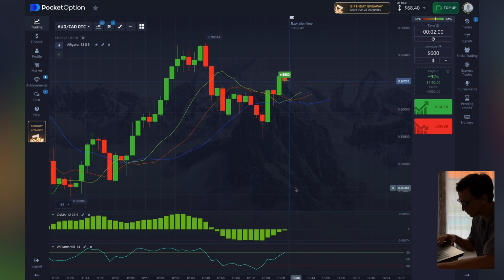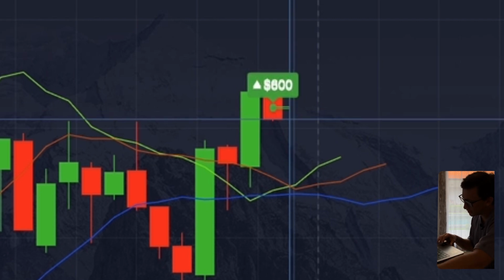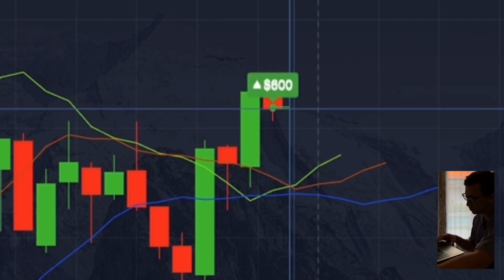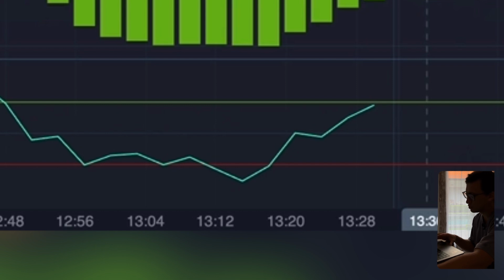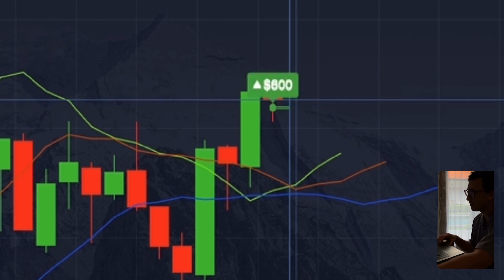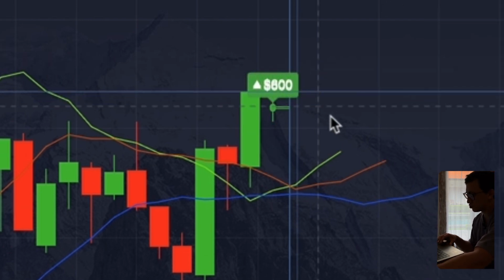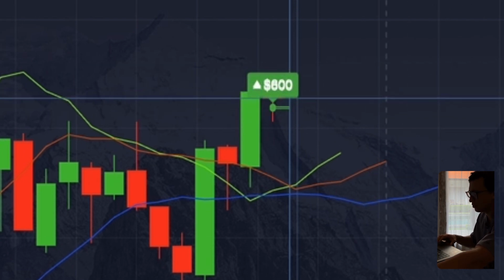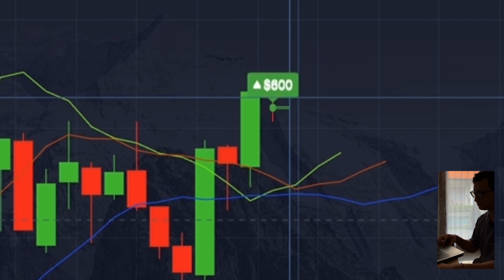So okay, and just look at this, guys. Three indicators show clear signals, I assure you, because Williams shows us the intersection of two lines, the resistance and support lines, and a direction to the upward zone. And if we look at the OsMA indicator, its histogram shows us a reversal in candles and it will be good. And if we look at the Alligator indicator, there is an intersection of three lines and a direction to the upward zone too, and it's very cool. We're just waiting for our profit, guys.